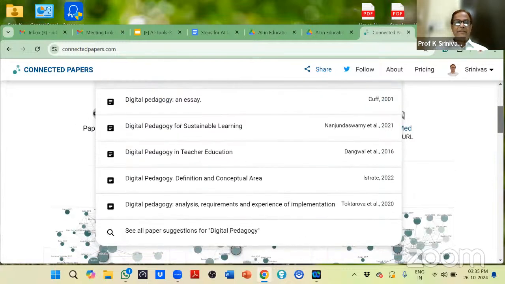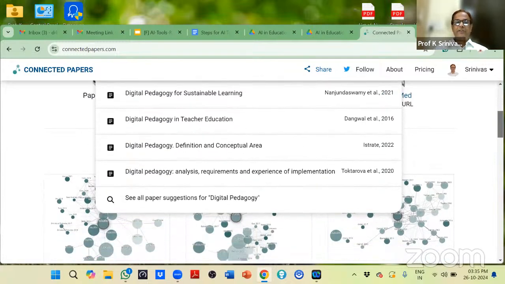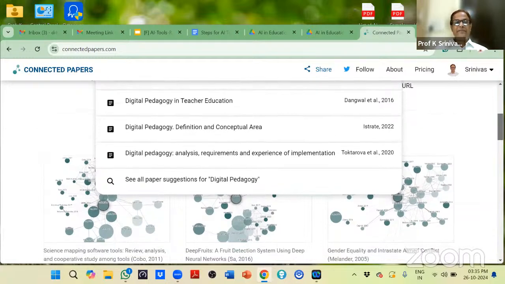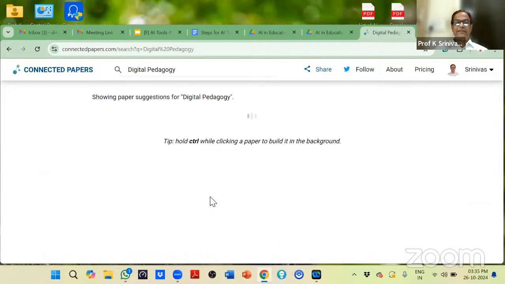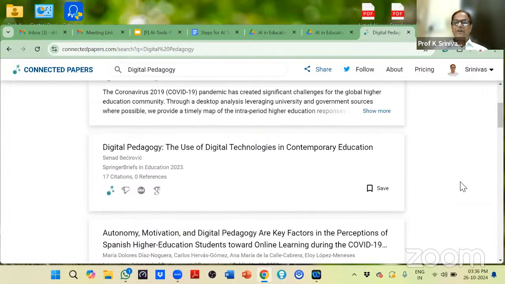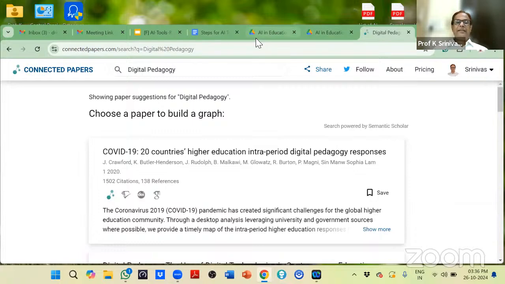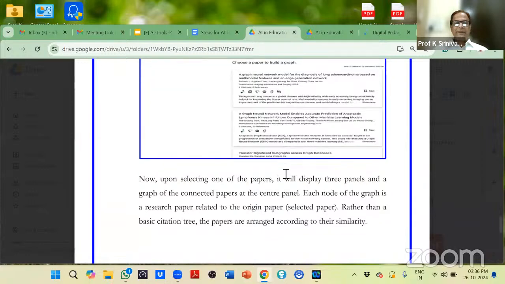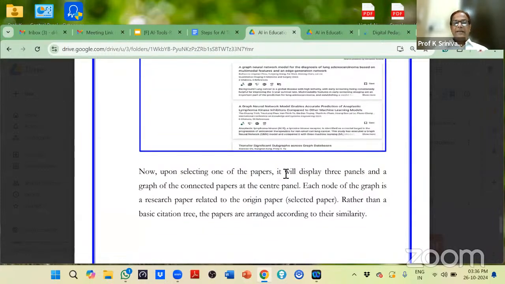ये किरण लता दंगवाल का डिजिटल पेडागोगी डिफाइनिंग द एंड कॉन्सेप्चुअल एरिया है। और डिजिटल पेडागोगी, सी ऑल पेपर सजेस्टिंग फॉर द डिजिटल पेडागोगी, जब आप क्लिक करेंगे इसके अंदर सारे पेपर्स आ जाएंगे। इस तरीके से इन पेपरों को पहली बात है सेव कर लो। सेव करने के बाद देखिए, पहले आपने यहाँ सर्च किया था, सर्च करने के बाद पेपर्स इसके अंदर आ गए। सारे पेपर्स जो दिख रहे थे।